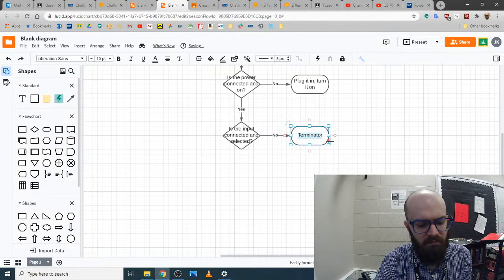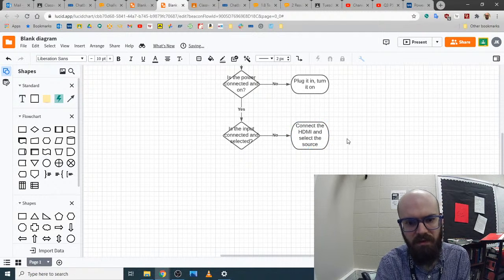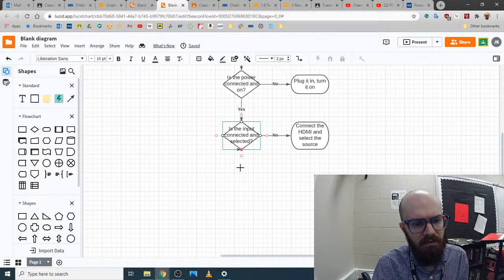I'm going to say connect the HDMI and select the input. I'm going to say source, because I think that's what they call it on the menu. I don't remember on the different models of boards. But let's say